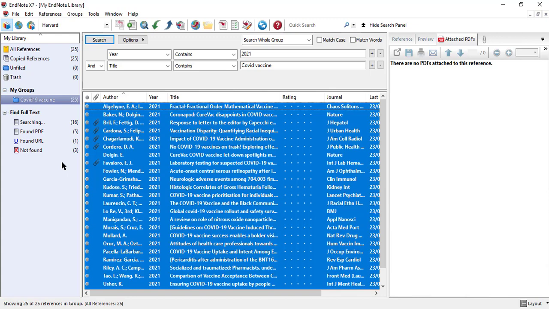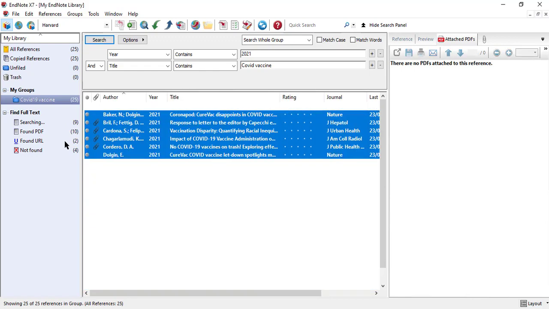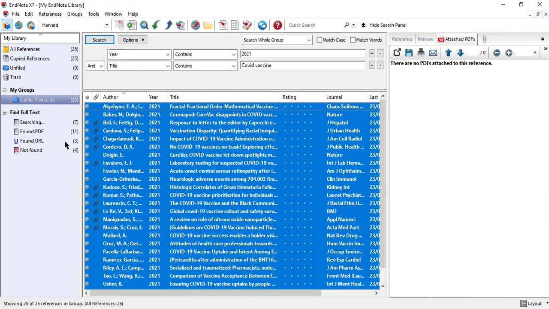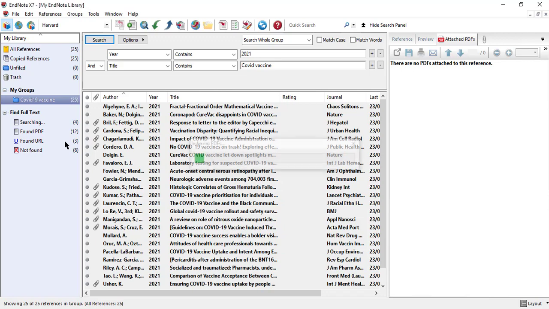Let's wait for this. Online search, I have already found 6 articles having full text PDF till now. Let's wait until the next 11 articles remaining. I will show how to get the PDF of those articles that we cannot find here. We will try for that also from the other online search mode, from Google Scholar also. I will show that step also.